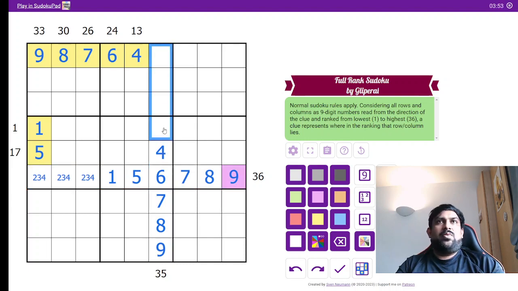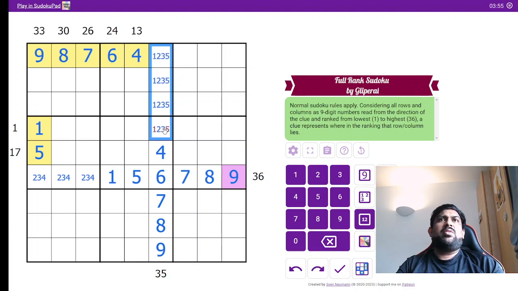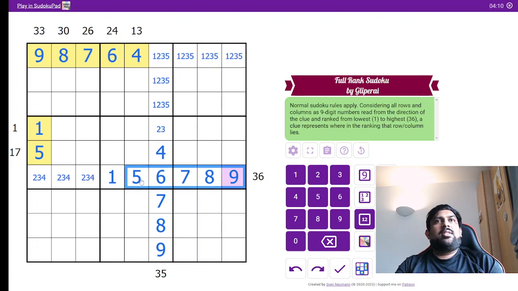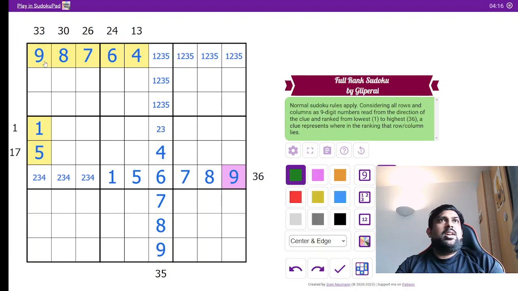So we are left with 1, 2, 3, and 5, and 1 and 5 cannot be there just because they are already there in the box. So it should be 2 or 3. Similarly, you have 1, 2, 3, 5. So till now this is good. So we have forced this to be ranked 36. Now the fight is between this, which is rank 34, let me just highlight this, and this, which needs to be rank 35,